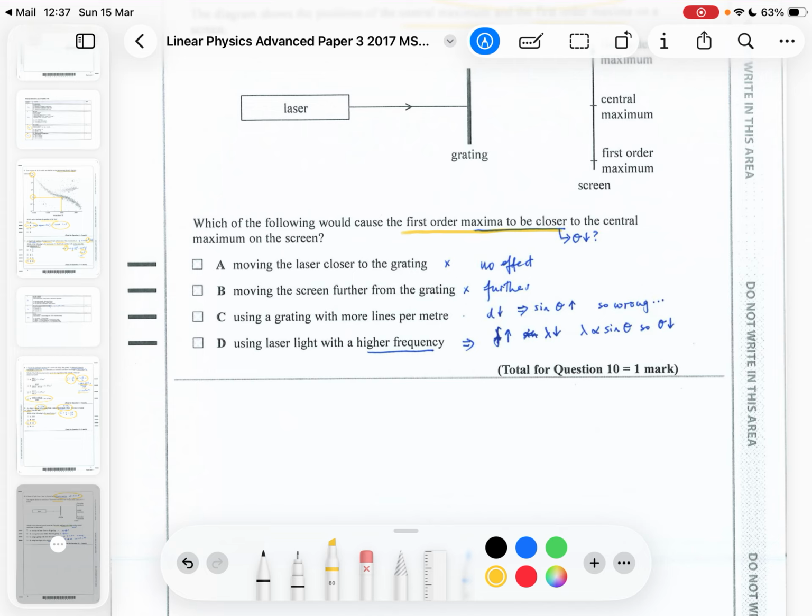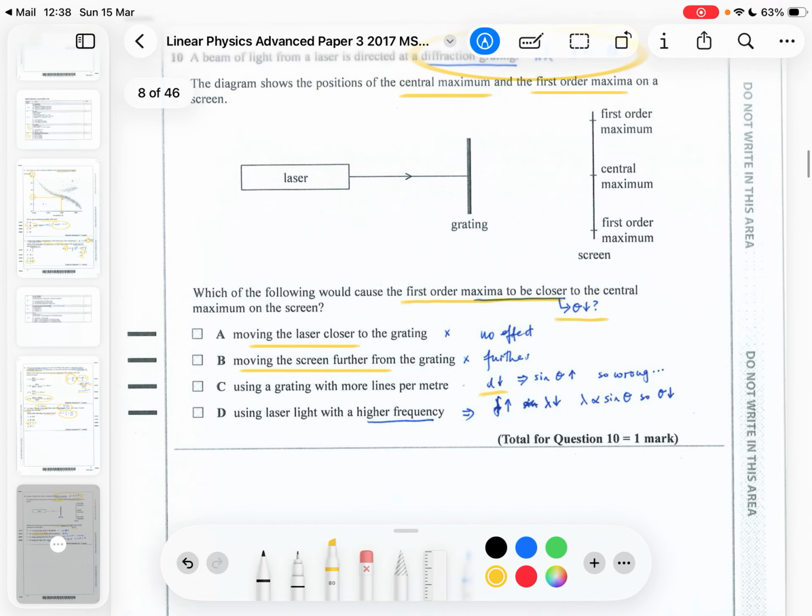Okay, so in other words, we want theta to go down in the equation. Moving the laser closer to the grating makes no effect. Moving the screen further away will just spread out the distance, so that will get further, but we want it to go closer. Using a diffraction grating with more lines per millimeter means that the d will go down, yes, and in the n lambda equals d sine theta